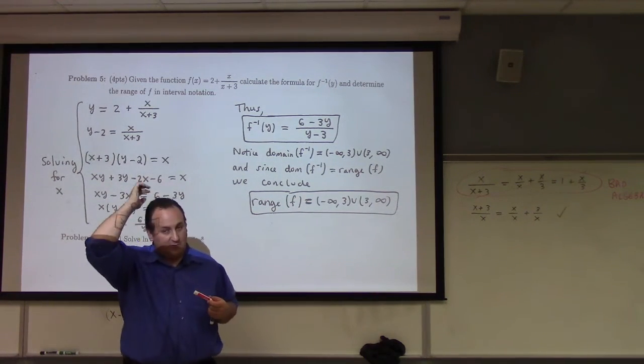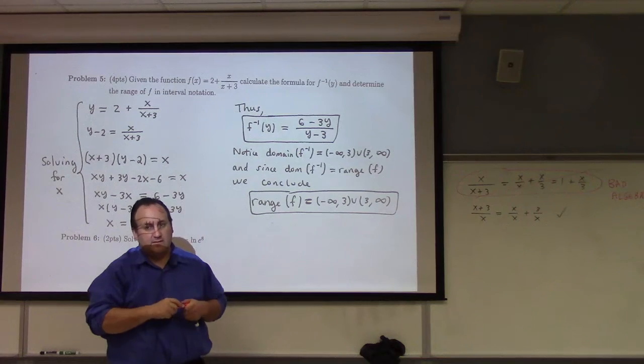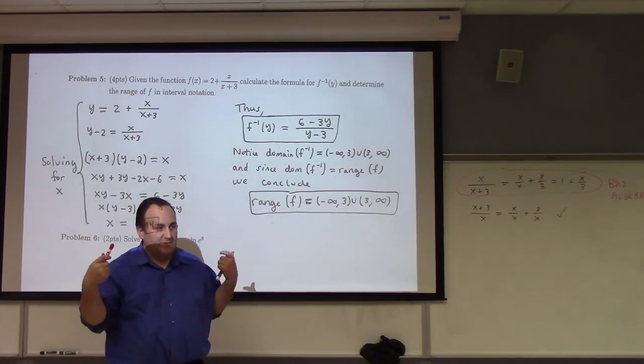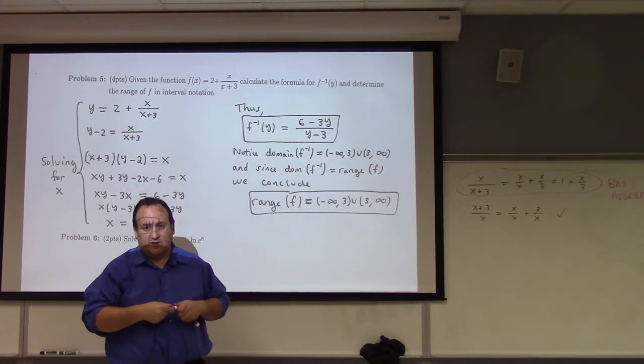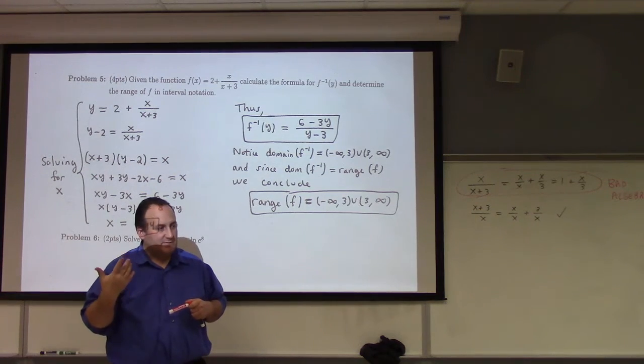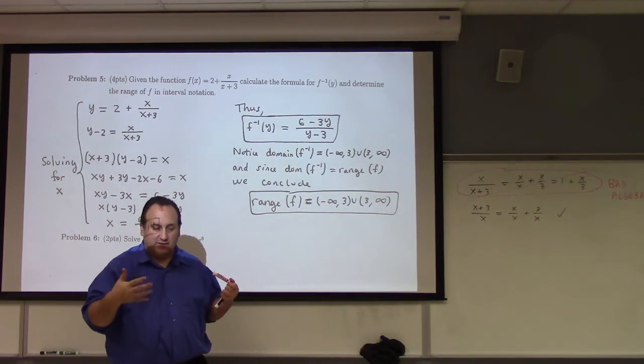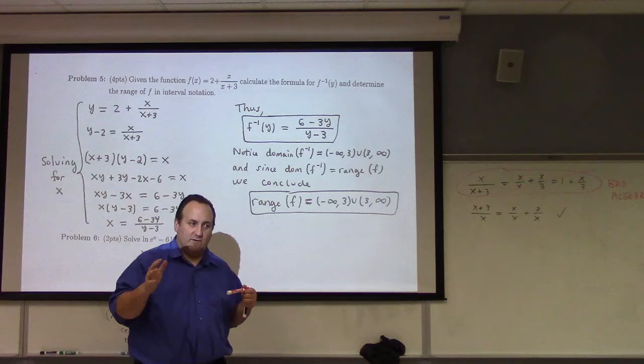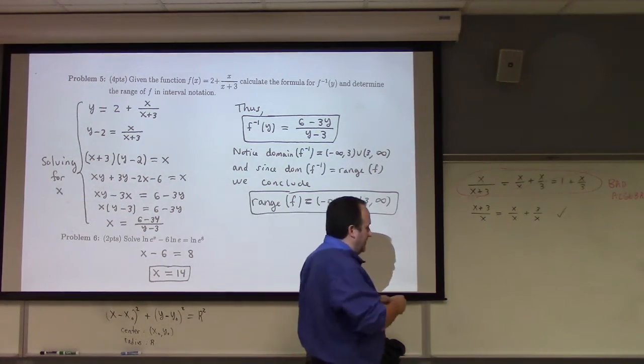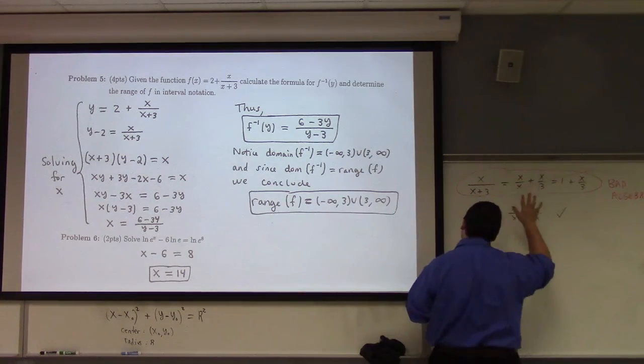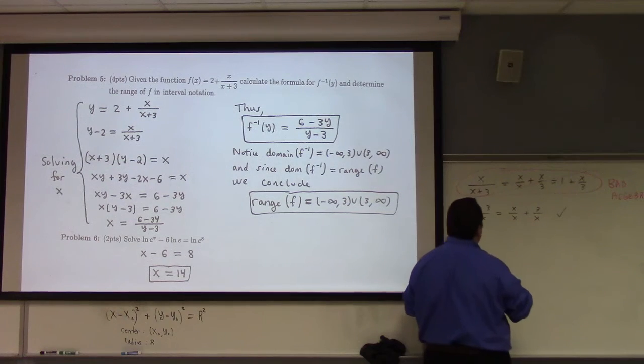And so when you're making a step like that on a test or a quiz in this course, if you have a doubt about the algebra step, what's a good thing to do? Algebraic steps are only true if they're true for all values of the variable. So a quick way to check yourself, if you're about to do this but have a sense like I'm not sure I'm supposed to do that,